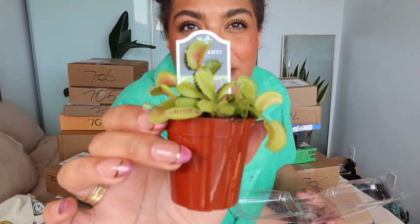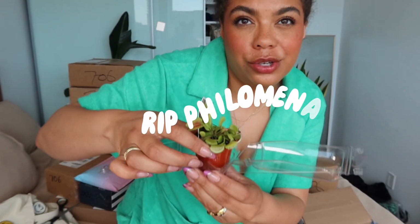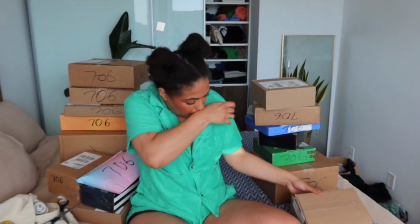Let's keep going. Oh, let me ask you my first plant question. Has anyone ever owned a Venus flytrap? I bought her at the home show this weekend. Her name is Philomena. Well, in full honesty, I bought another one at the home show the weekend prior. It died immediately. Her name was Philomena. This is Philomena 2. It says put it in the sun. It says give it water when it dries. And she's already... Maybe it just needs to be super humid. My girlfriend thought I needed to hand feed it flies. I was like, I can't take on another pet. I don't think that's the case. I haven't been hand feeding her flies. Woo,